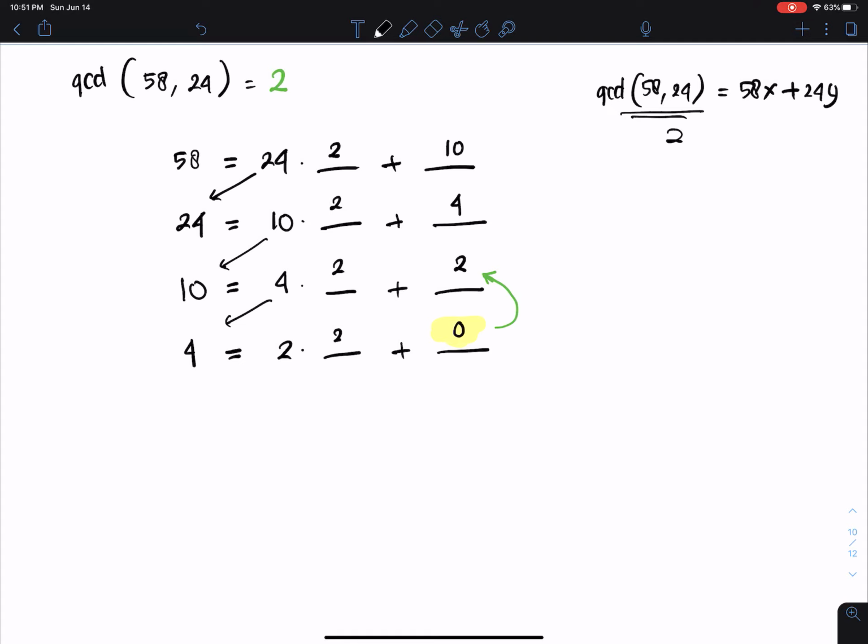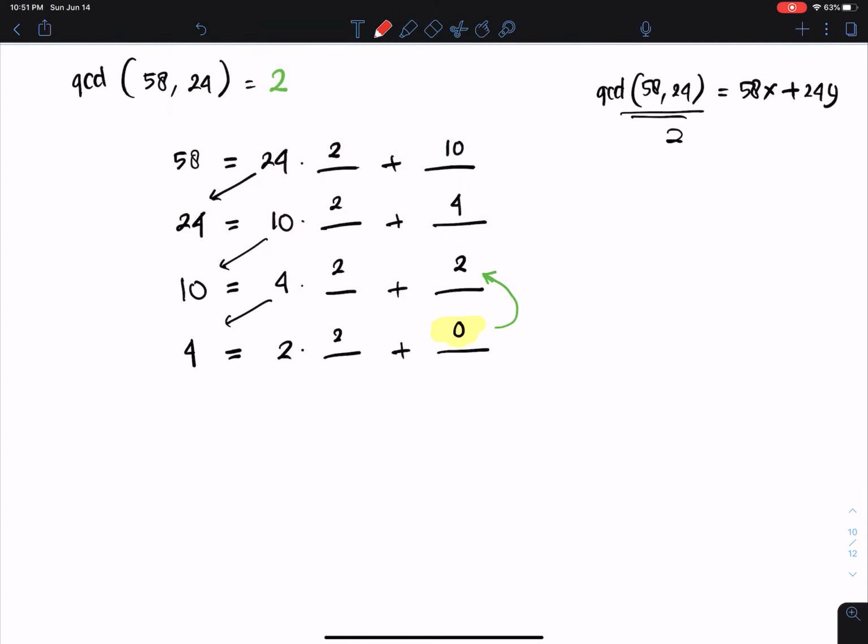Now, we start again, starting from this line, the GCD line or row, and we have the GCD is 2. So let's take a look at the process again. We start with 2 equal to, what here, which is 10 minus 2 times 4. So the 2 here is the coefficient. So we're done with this row.